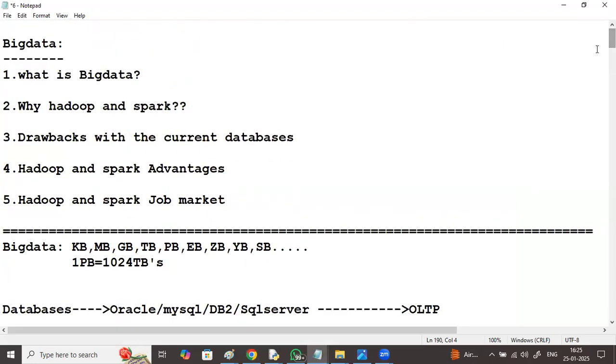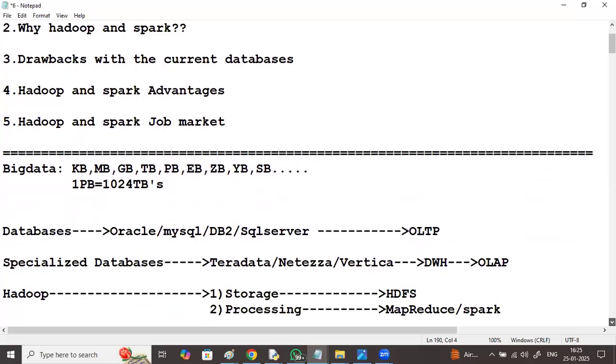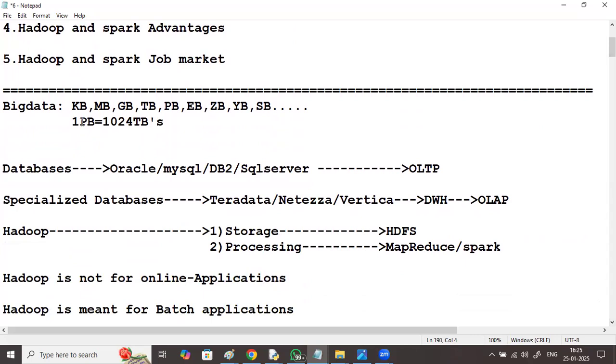What is big data? Why Hadoop and Spark? Drawbacks with the current databases, Hadoop and Spark advantages, Hadoop and Spark job market. Big data means huge volumes of data. You should have seen KBs, MBs, GBs, TBs of data. But today data is getting generated in petabytes. Examples of petabytes of data generation: